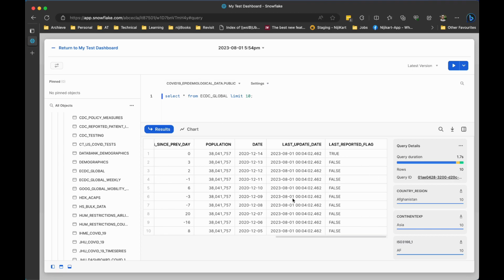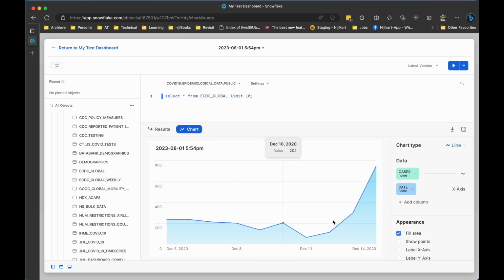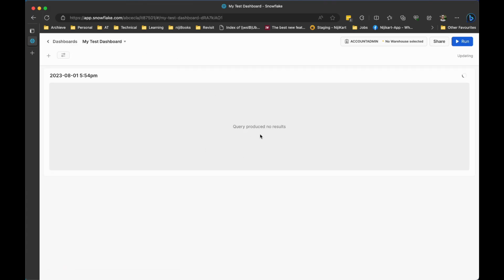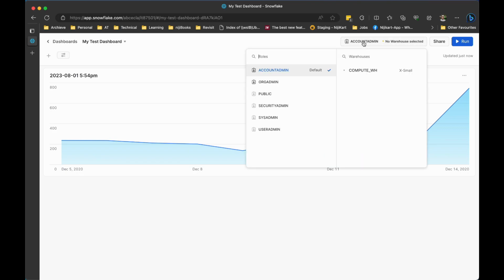and as you can see, now there is a chart available like this, and you can use this directly. You just need to return to my dashboard, and that result will be displayed here. See, so this is the dashboard which you can create, and definitely you have to set the roles as well,